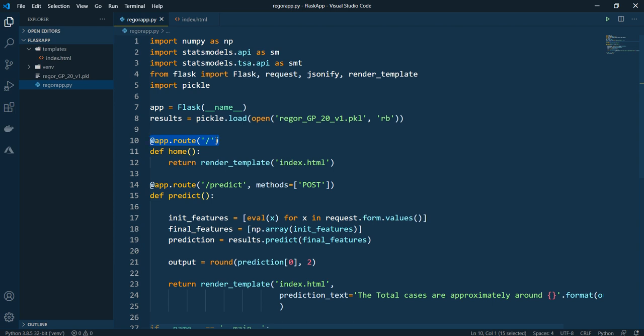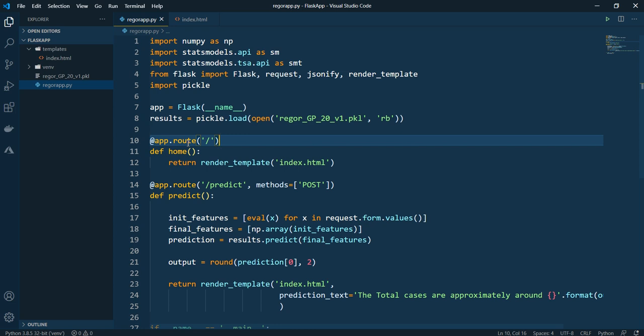So these are nothing but decorators. We have seen what decorators are. I have a dedicated video for decorators as well, and what is its purpose in object oriented programming. So here, whenever we want to create a Flask application, we will be using @app.route. This is basically for redirection of your URL, to decide which directory it is.